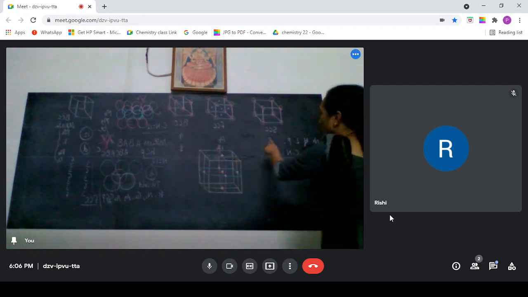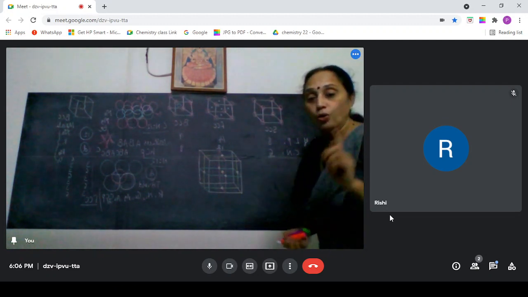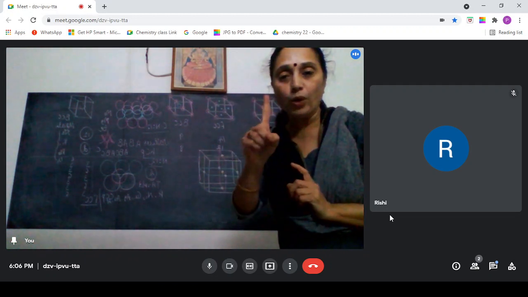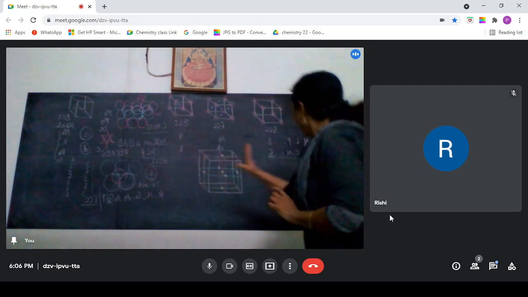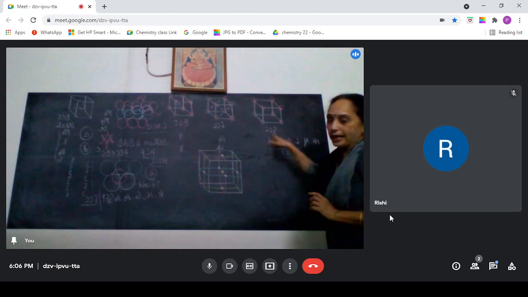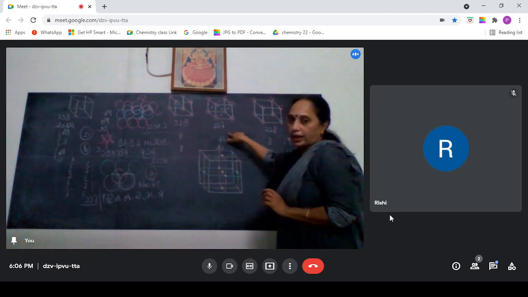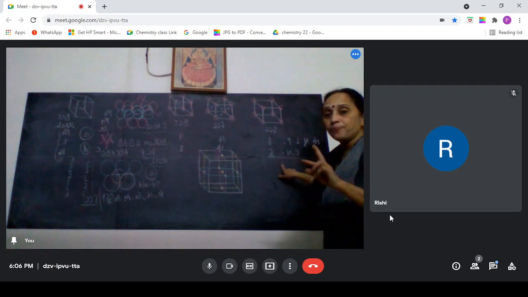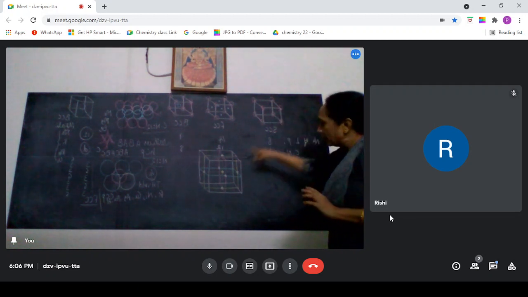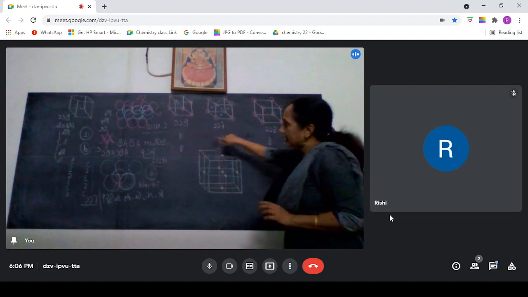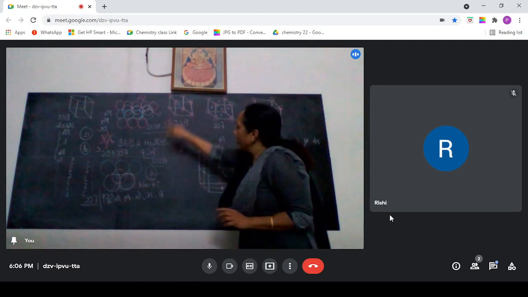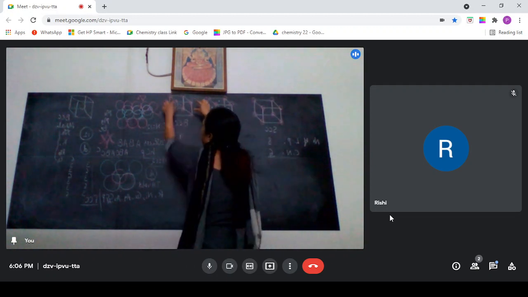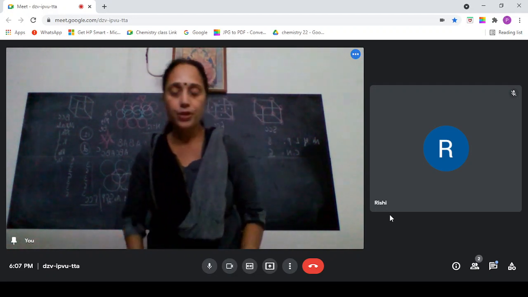So they will ask you this, coordination number and lattice points. Don't mix both. Lattice point means number of particles present in one unit cell of the cube. Okay. For simple cube it is 8. For face centered it is 14. And body centered it is 9. And coordination number means nearest neighbors. For simple cube it is 6. For face centered it is 12. And for body centered it is 8. Because each particle is nearest to 8 other particles. Understood, Rishi?